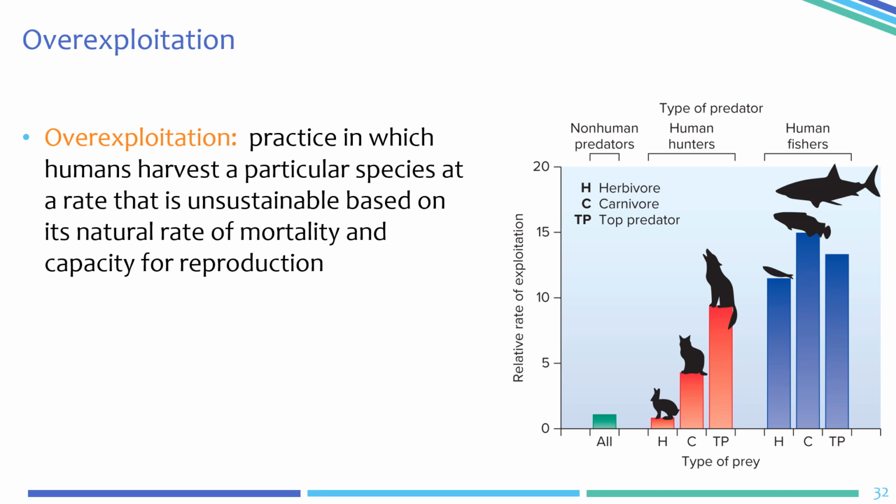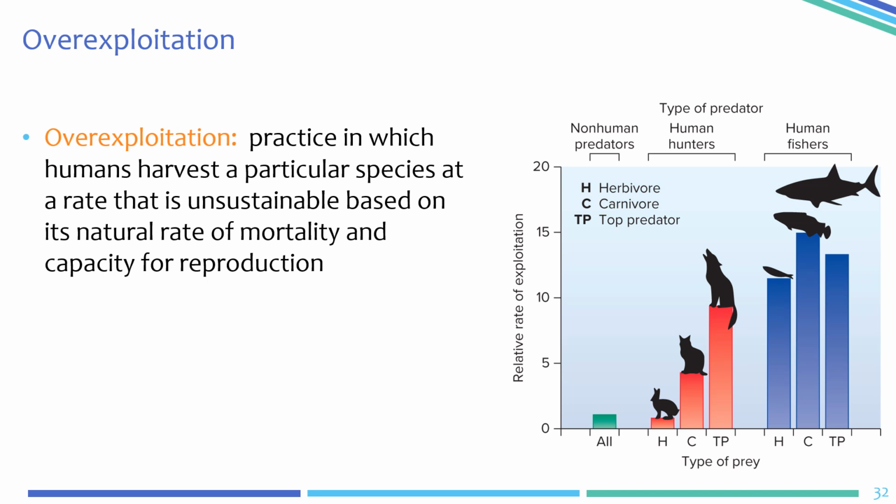Overexploitation is where you remove organisms for human use or consumption at an unsustainable rate. So basically, you remove them from the population. For example, in fishing, the mortality rate or the loss of those organisms from the environment surpasses their ability to reproduce. So this graph on the right shows predators eating